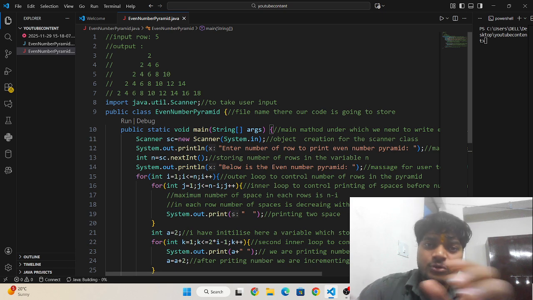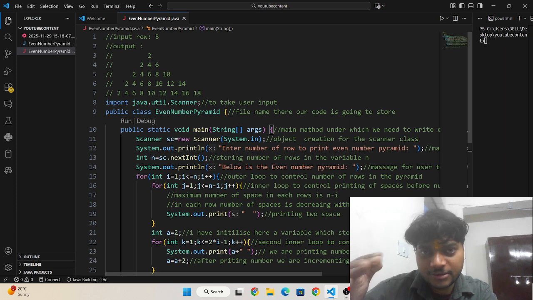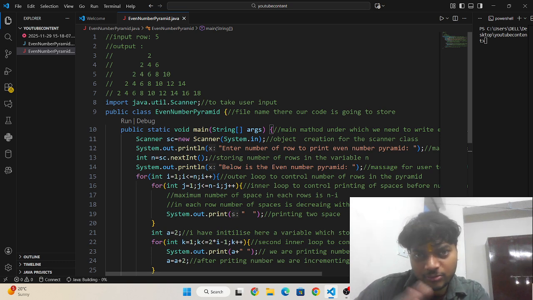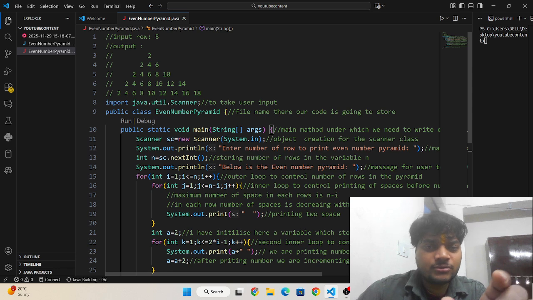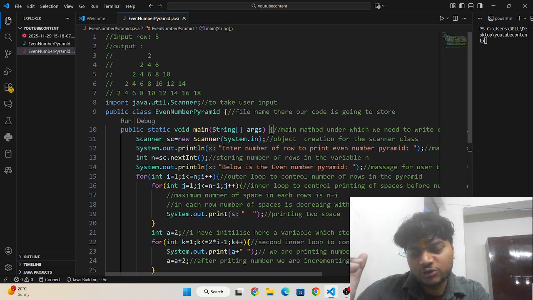Okay, so you have to think about one thing. First is the logic to print numbers in a pyramid. Before printing a number, you have to maintain a space on the left side of the number. For this you have to write n minus i, because the number of spaces is going to be n minus i.